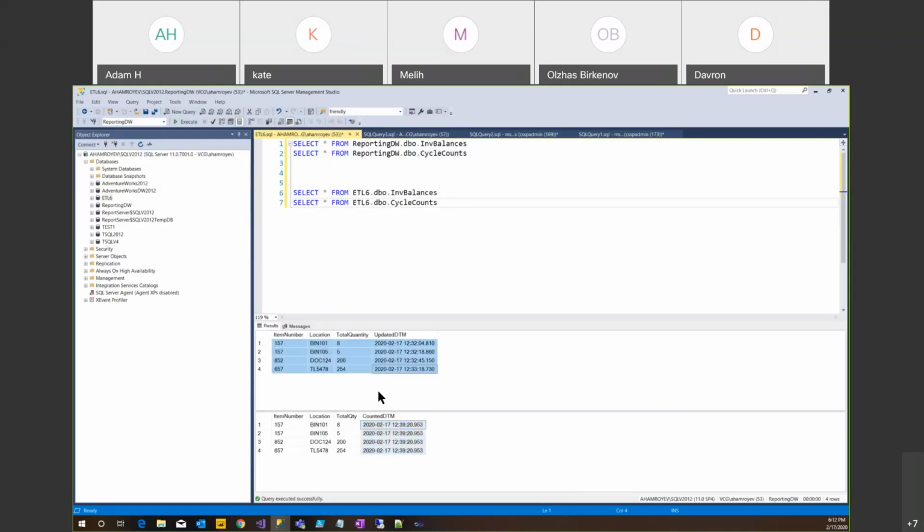And then if there is a discrepancy in total quantities, when you counted, if you counted less, this inventory balance will be updated. That process we have to design. Our goal is to design an ETL package, which